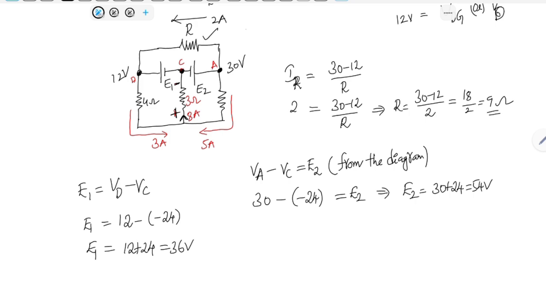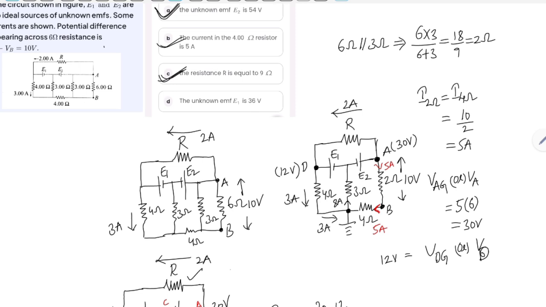Okay. So let me check it once. Check the last option. Yeah. So the unknown EMF E1 is 36 volts. So E1 is 36 volts and E2 is 54 volts, and the current flowing through the other 4 ohm resistor is 5 amperes, and the unknown resistance value is 9 ohms. So all are correct in this particular problem. Okay, so